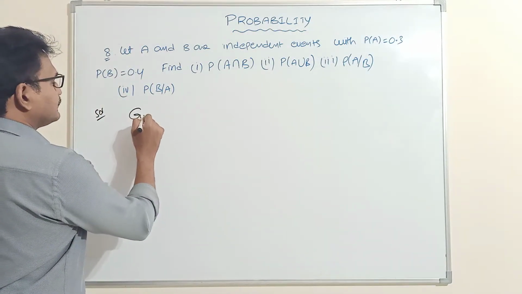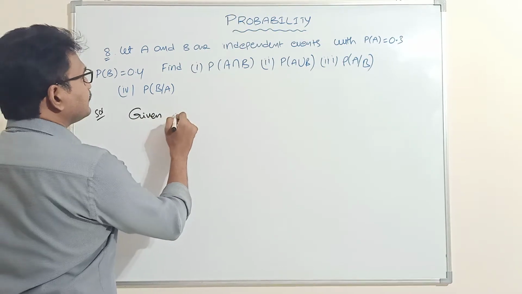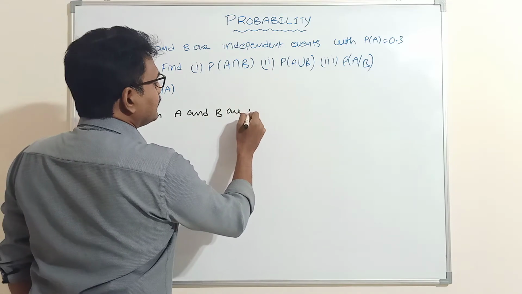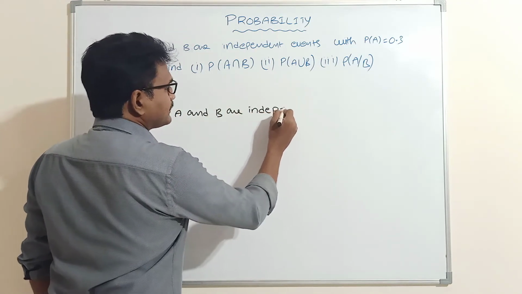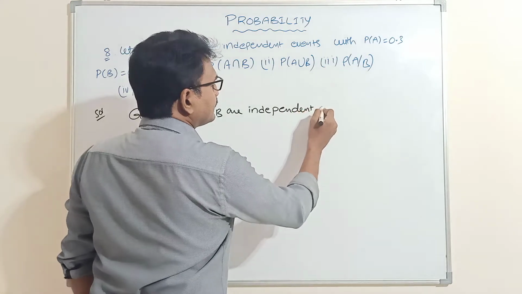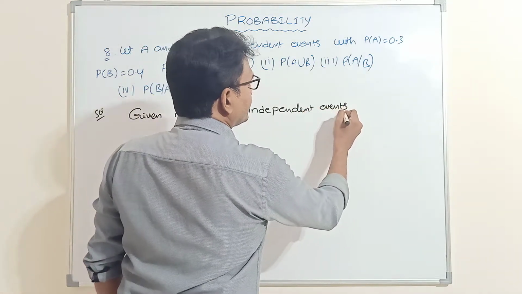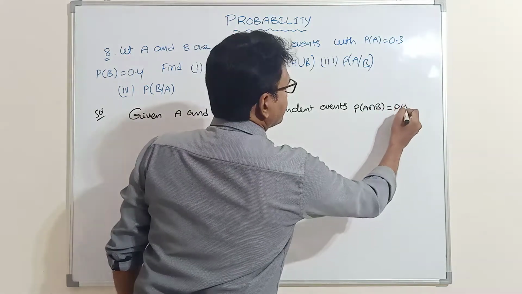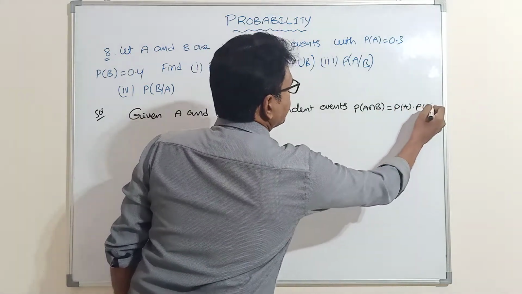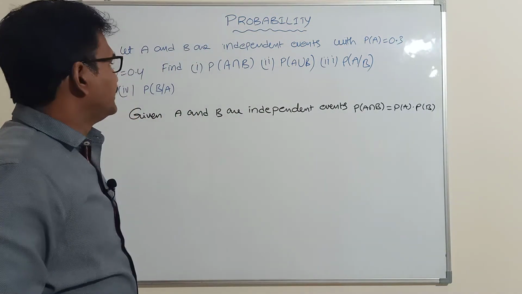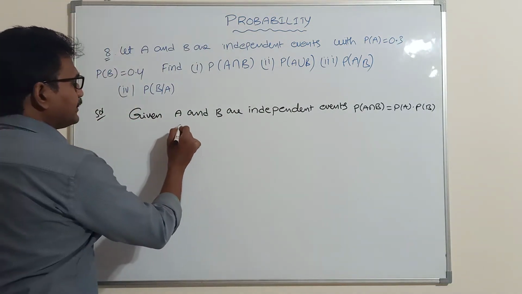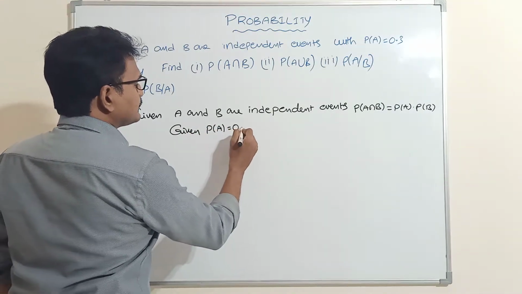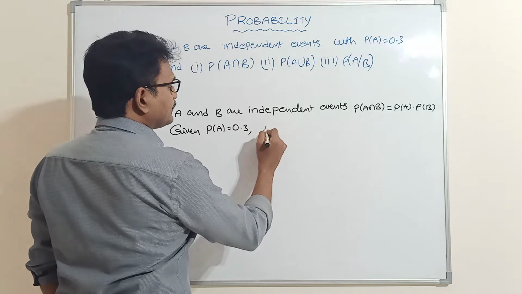So given A and B are independent events. If A and B are independent events, then P of A intersection B is equal to P of A into P of B. Next, given P of A is equal to 0.3 and P of B is equal to